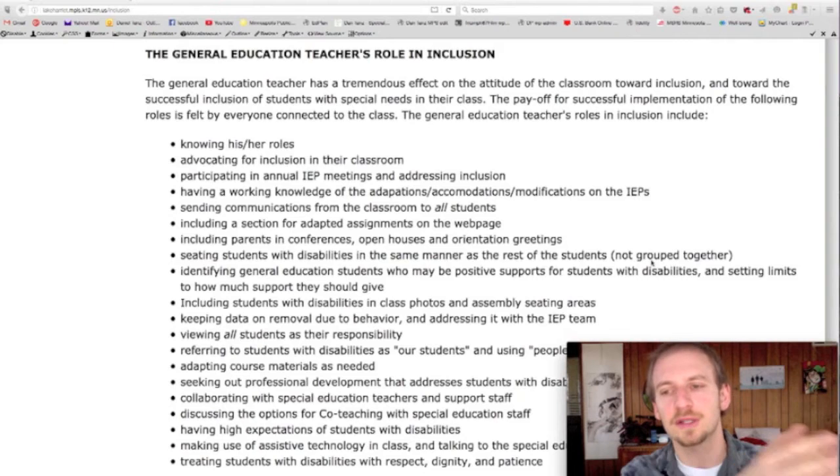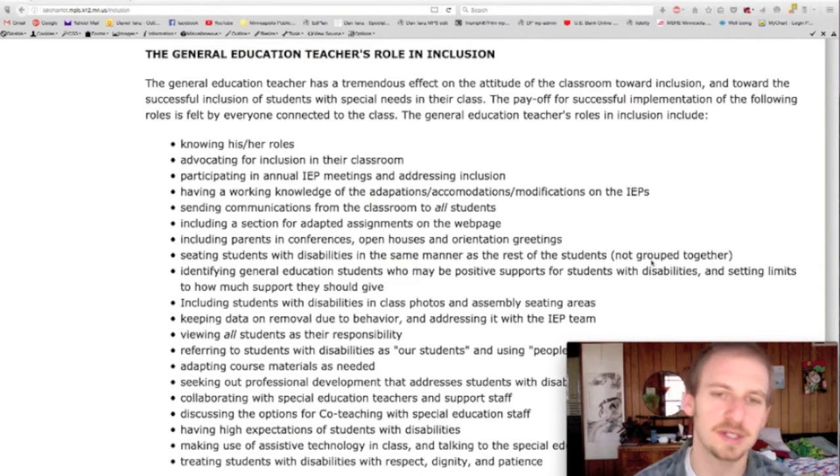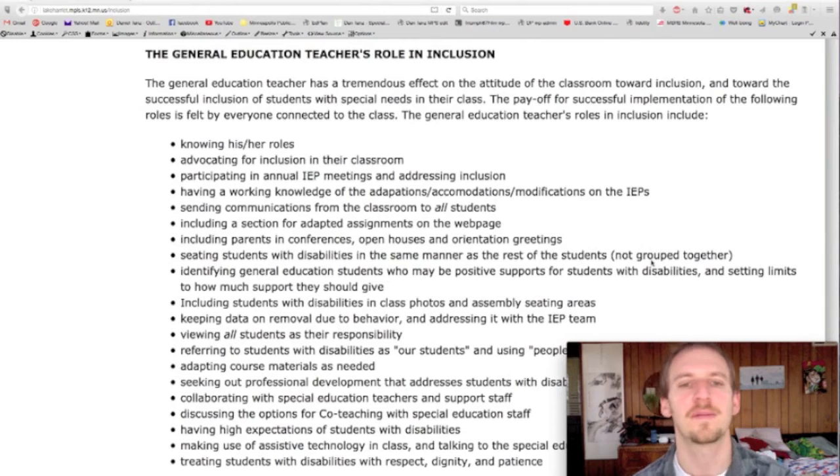Inclusion branches into those areas too. If it's not there, it's not going to be in your classroom. Let's be real again. It needs to be in all areas of the school day, the communications, the traditions, the orientations, whatever, what have you. It's kind of like inviting a vegan to a wine and cheese tasting event. You need to have something that they can eat. That's a dumb example maybe, but